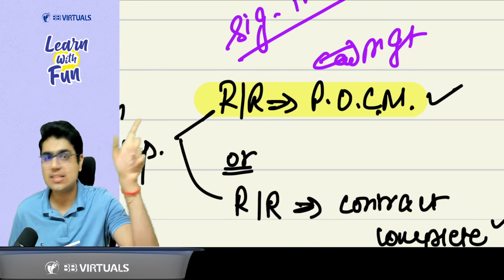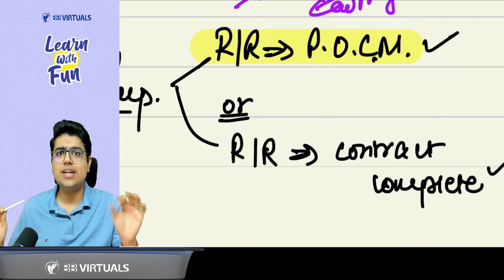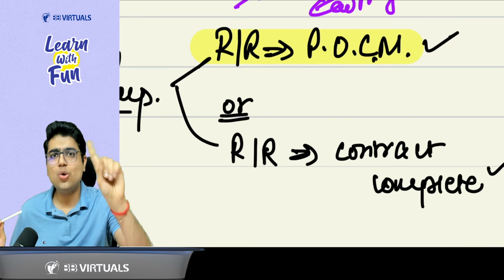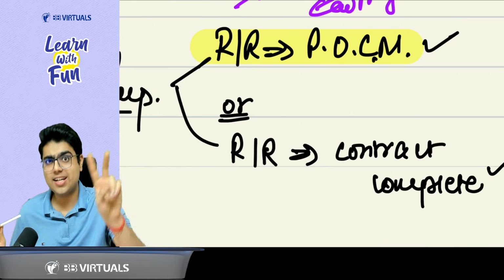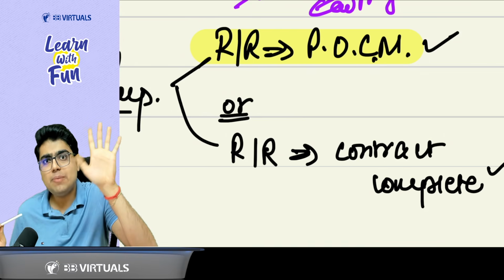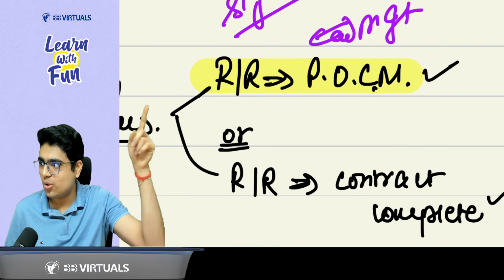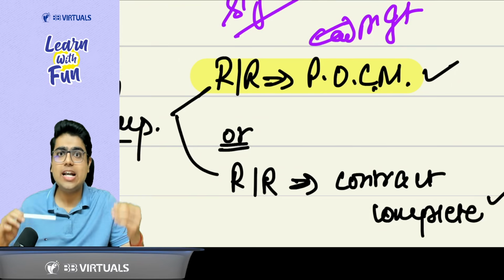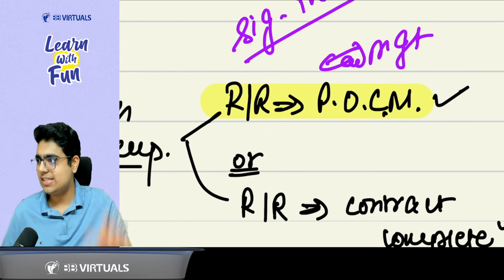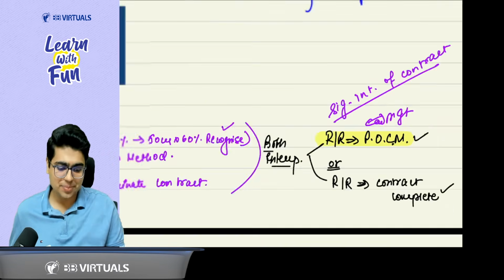So for 5 years, I will recognize the revenue. But if I adopt this method that I have to recognize the revenue on contract completion, no revenue is recognized in the first year, second year, third year, fourth year, no revenue. The whole revenue will be recognized in the fifth year. So don't you think if I ignore this interpretation and adopt this one, it will lead to a material difference in the financial statement? Yes, sir. So that's why this is a significant interpretation. That's why this is a significant interpretation of contract.